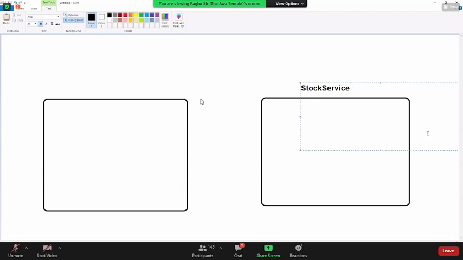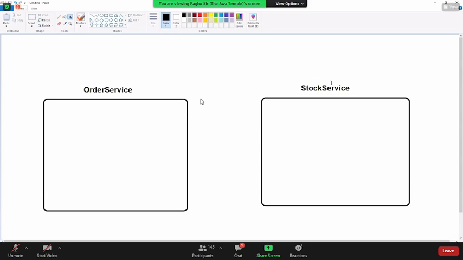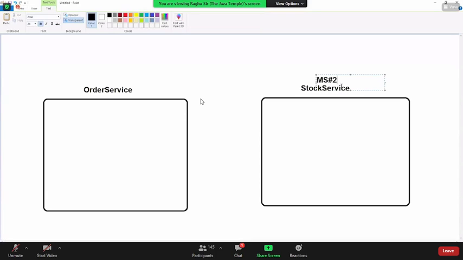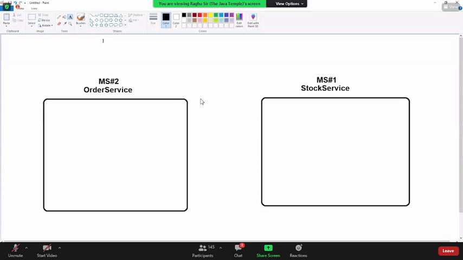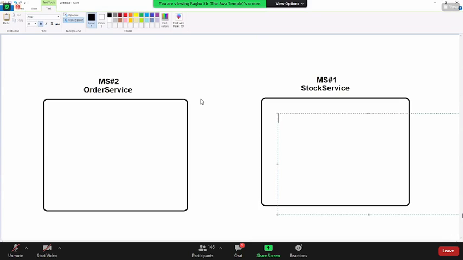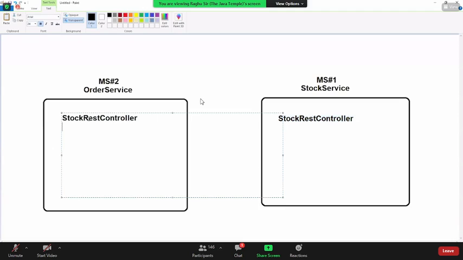If you want to place an order, first we should know about the stock. Order service and stock service are two microservices. This is microservice 1 and microservice 2. Here we have the stock rest controller and here we have the order rest controller.